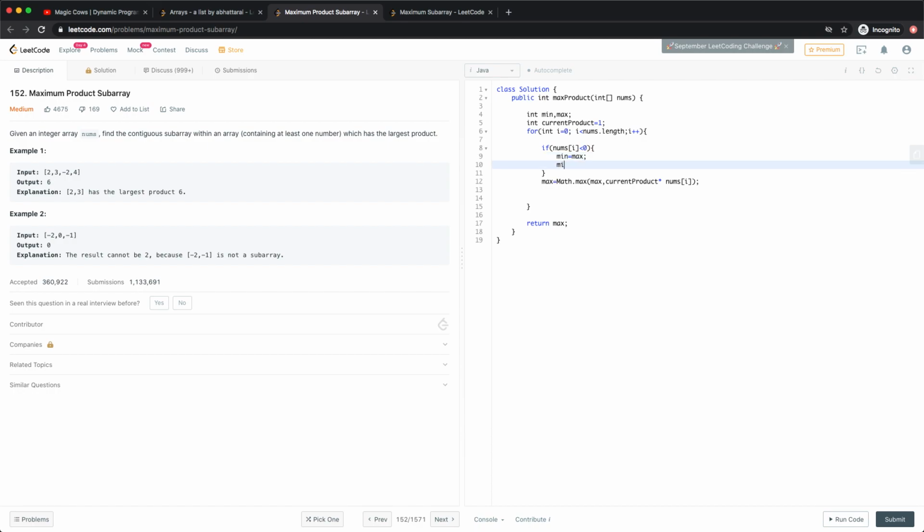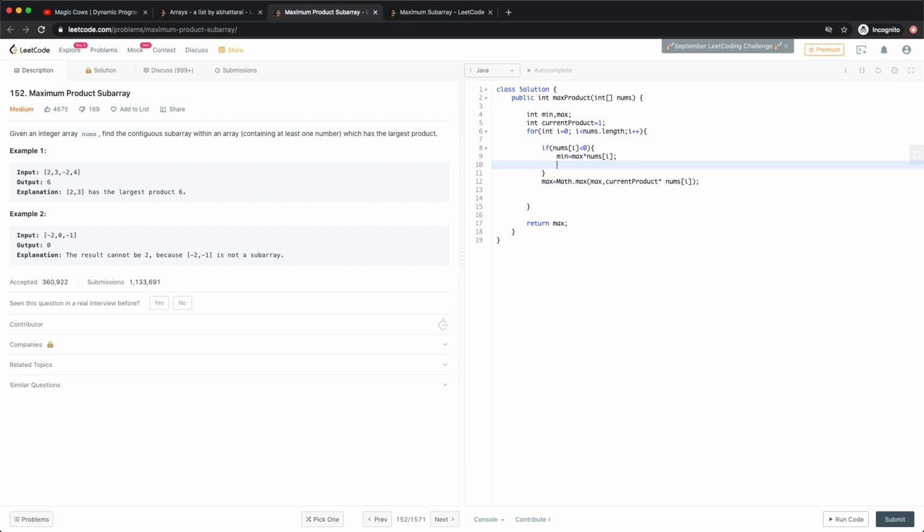So yeah, our maximum number, now if it is altered, then our maximum number will be current max, and minimum number will be minimum maximum times our minimum will be maximum times this nums I, which will give us negative number,